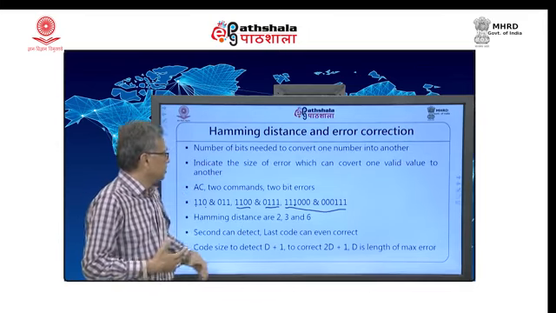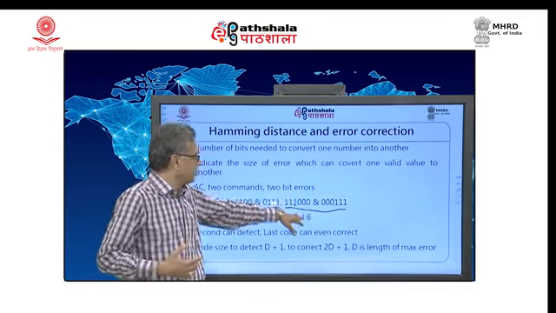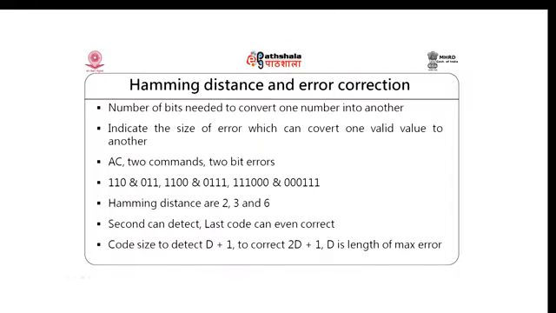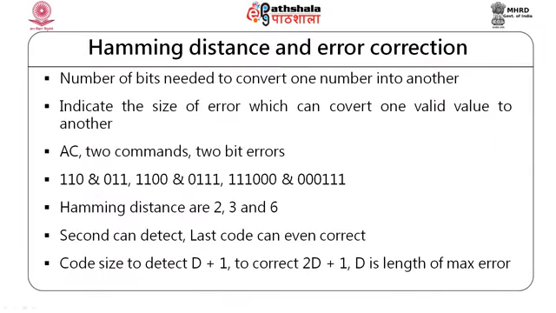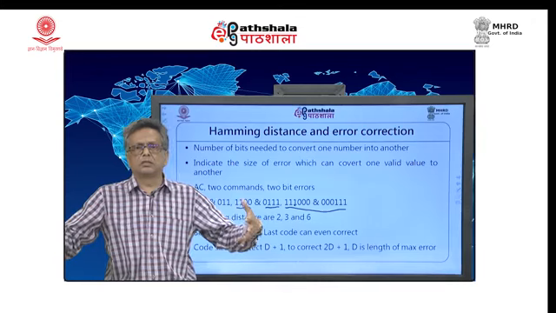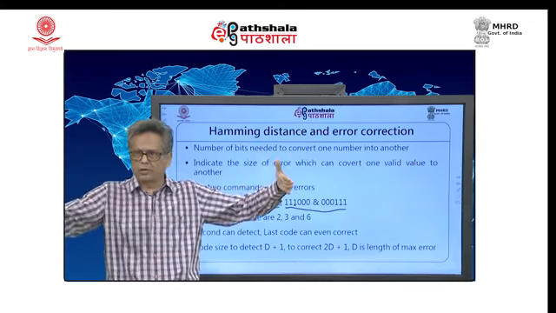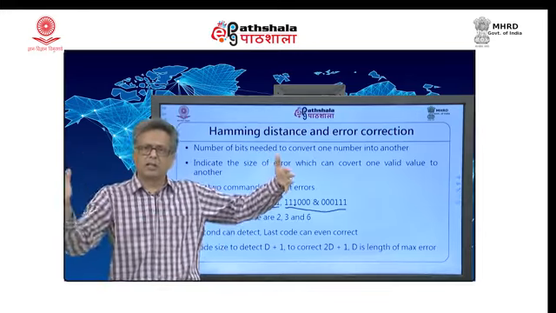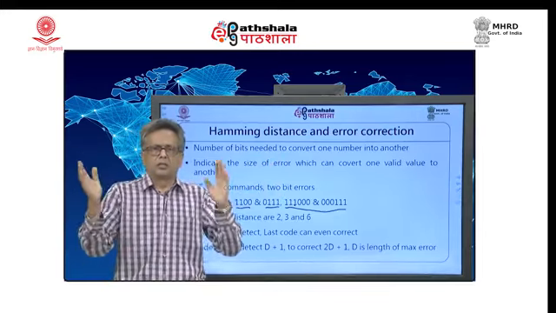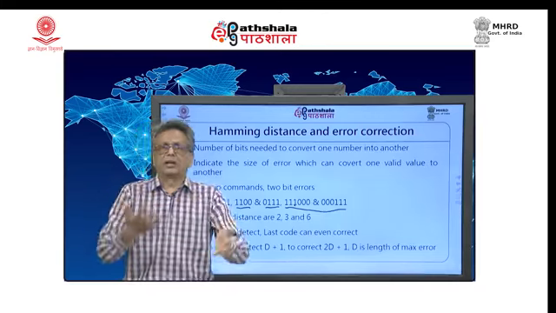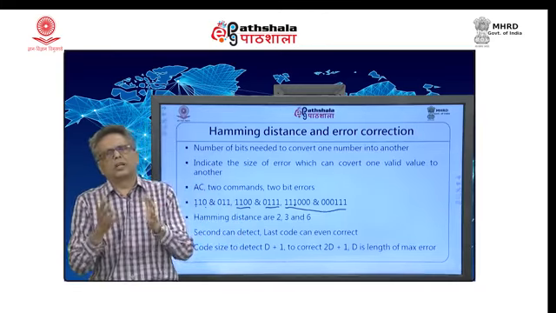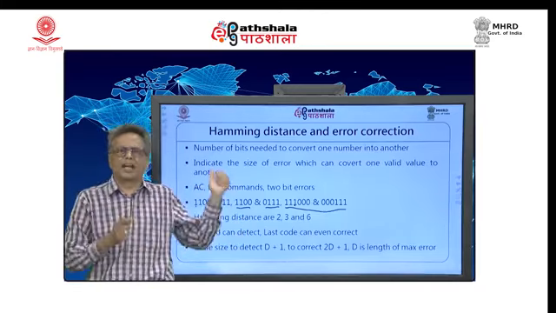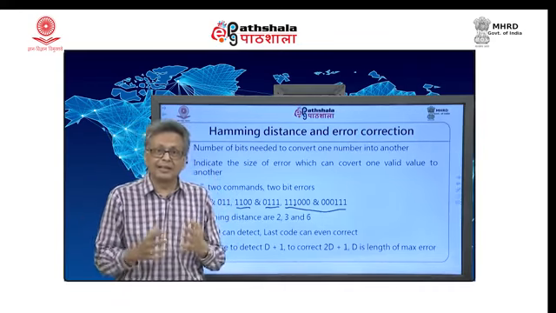So, if I get something of that sort, 111011, I know exactly that it is the first number and not the second one, because the Hamming distance is too large, the two numbers are far apart. So, error moves that number a little further to the other end, but does not move it very far to generate a dilemma in the receiver's mind. So, the receiver knows that it is a 2-bit difference from a valid code, it has to be this code. So, you can correct that error.